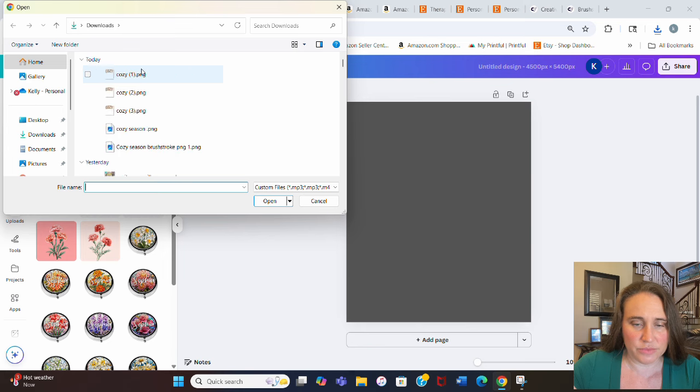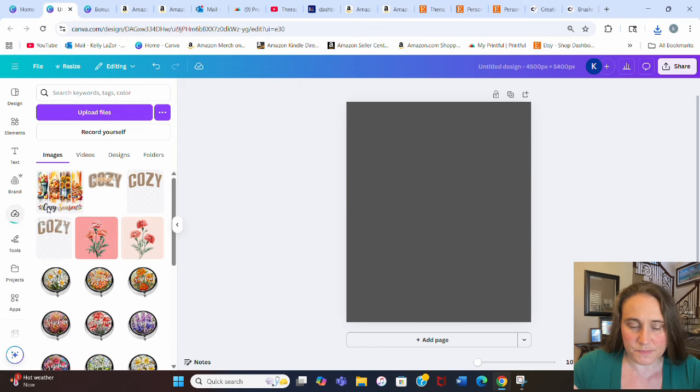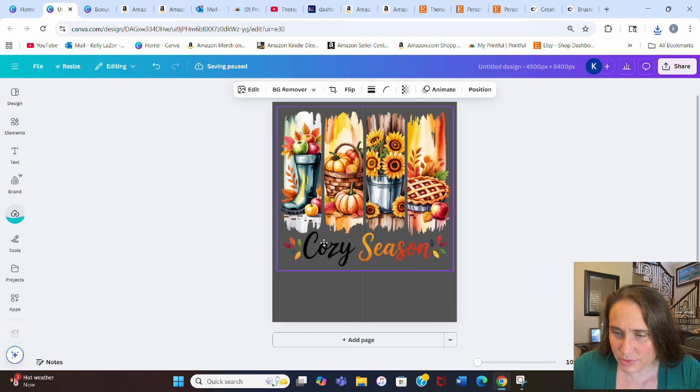So I'm going to go to uploads. I'm going to upload files, and then I'll upload the Cozy Season brushstroke that I just got. And so it looks pretty good. It's solid. There's no see-through elements. That's what I was worried about. So if I'm happy with the overall shape of this, I can just use this as my